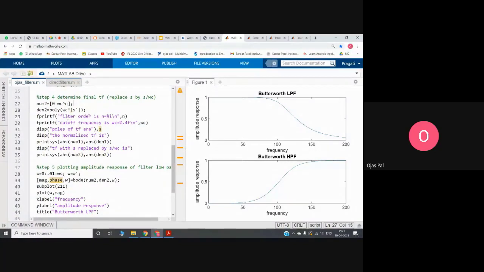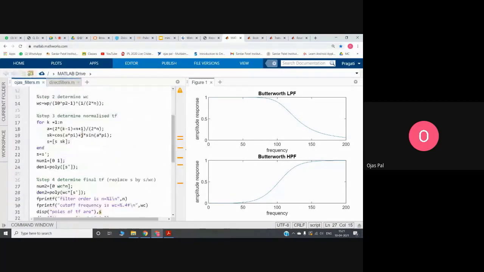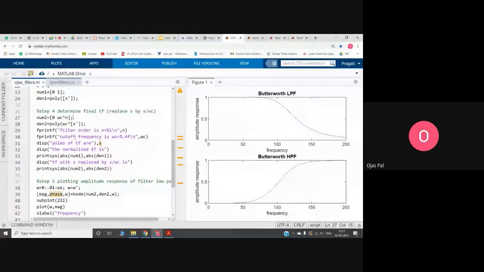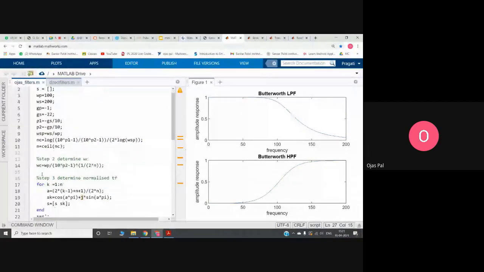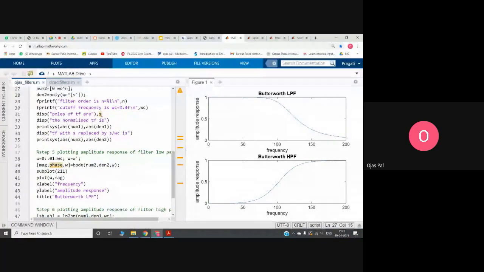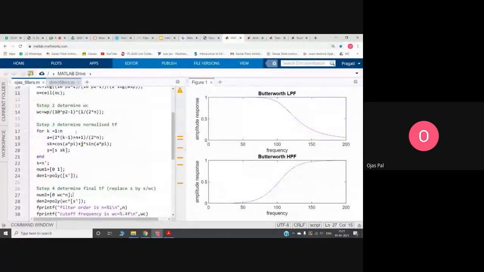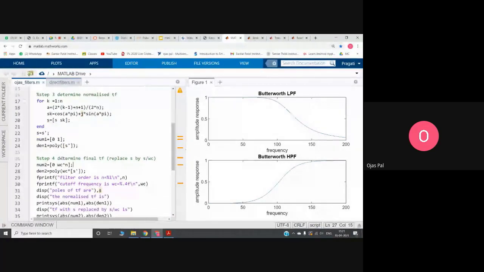The filter order is the filter n, which we calculated in the first step, and then we have printed the cutoff frequency. Cutoff frequency is WC, which we calculated in the second step, and then we display the poles of the transfer function. Poles are the s, which we calculated in step 3. This s will tell us the poles.